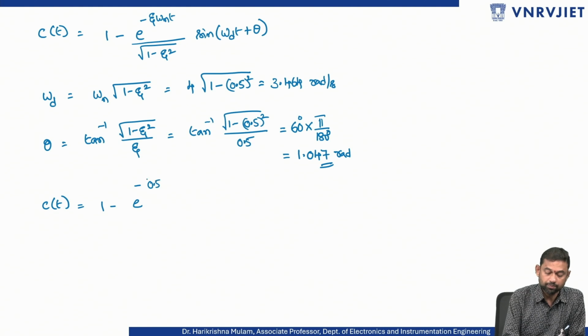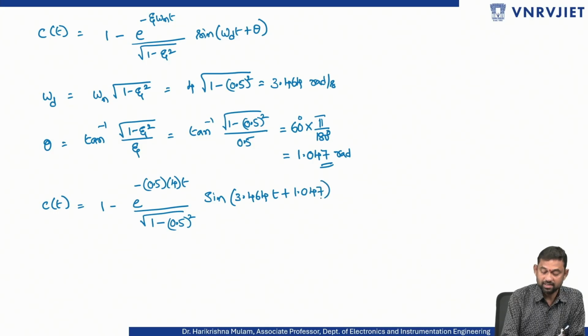Therefore, the response of the system is equal to 1 minus e power minus zeta omega n t, where zeta is 0.5 and omega n is 4, divided by square root of 1 minus zeta square, where zeta is 0.5, into sine of omega d, whose value is 3.464 radians per second, into t plus theta, which is 1.047 radians. Therefore, it is equal to 1 minus e power minus 2t